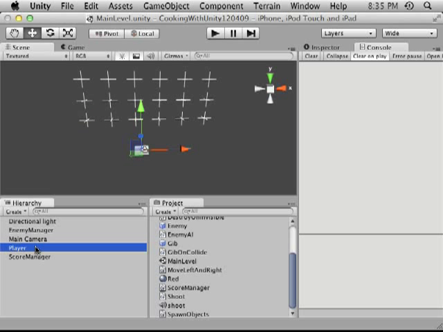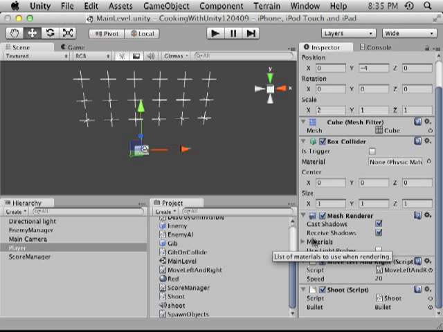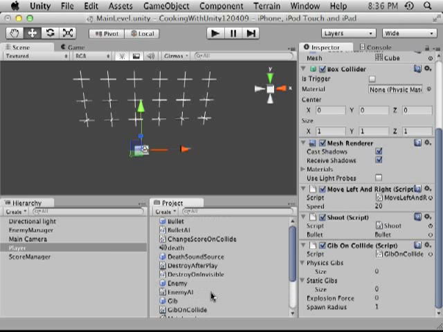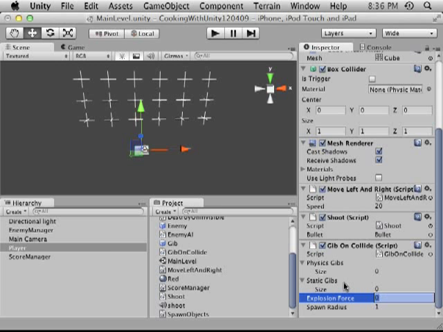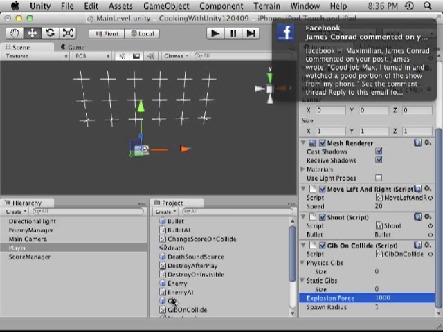So we're going to have our player, and we're going to just attach Gibbs on collide to him. That should handle killing him. And we'll give him a few Gibbs. Let's give some explosion force. We'll just make him explode like everyone else is right now, but